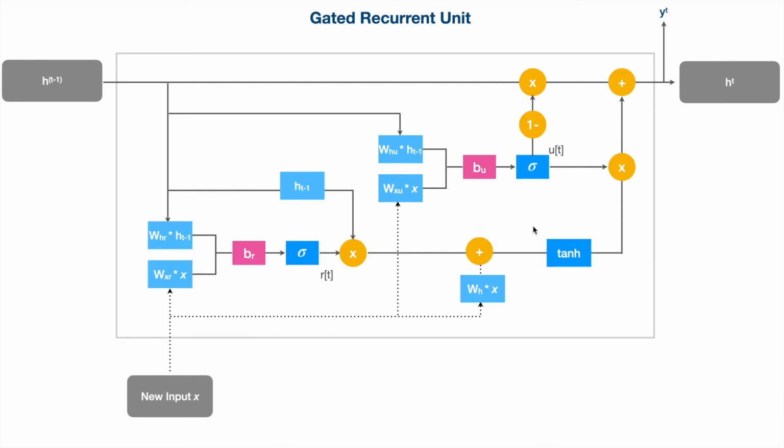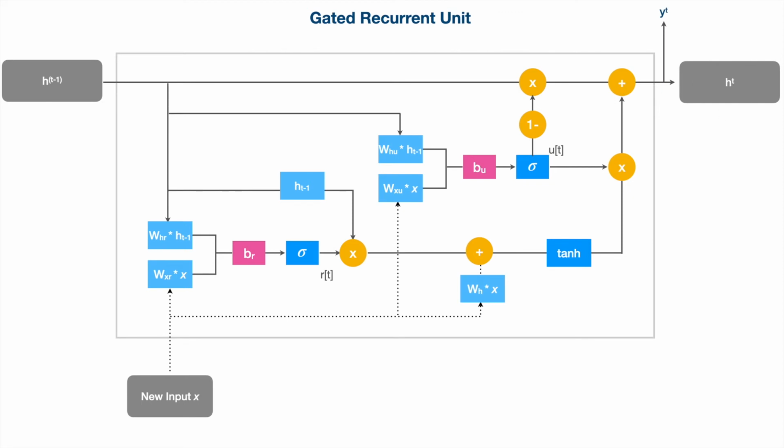Now let's combine all of them together. The output of this reset gate operation and the TANH activation is multiplied with the output of the update gate. The output gate passes through this function which switches its value from 0 to 1 and 1 to 0, and then that gets multiplied with the previous hidden state to perform the update operation, and the output of this TANH operation is multiplied with the sigmoid and that gets added to this output to form the final hidden state.